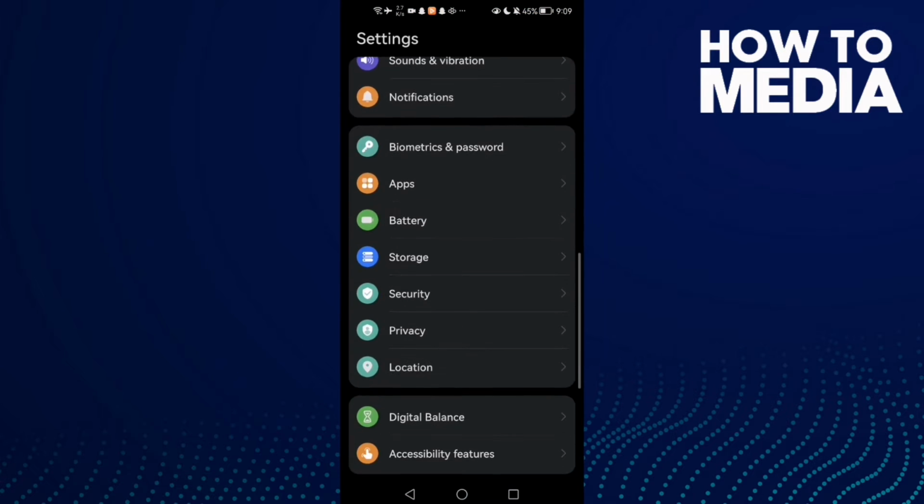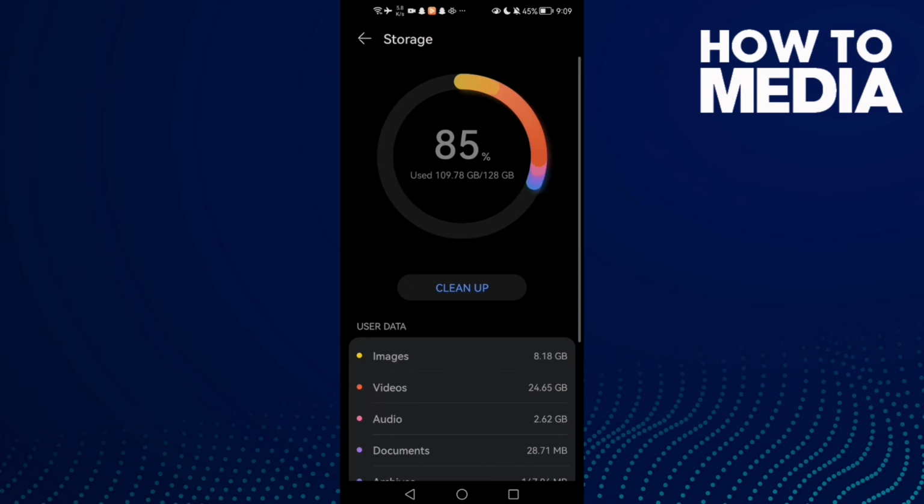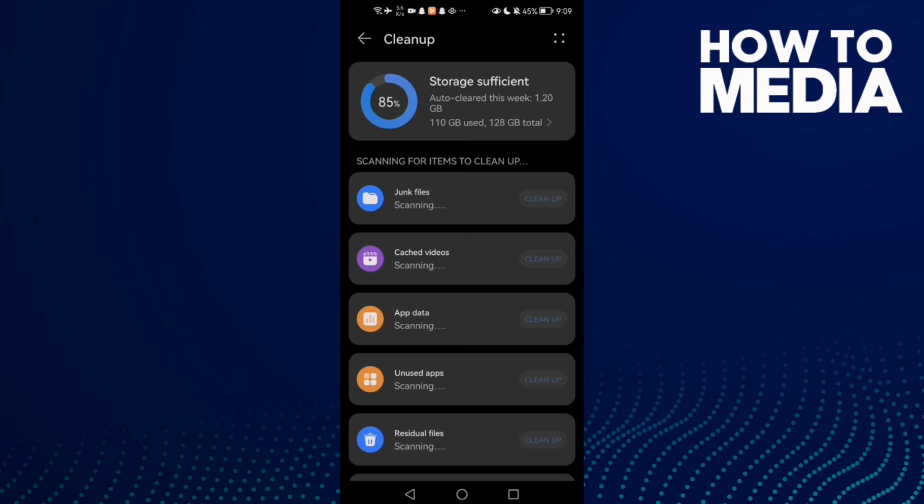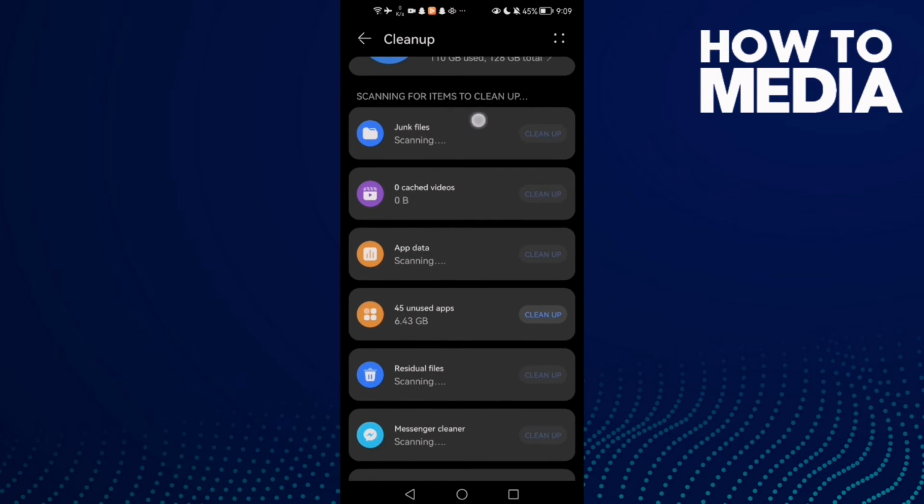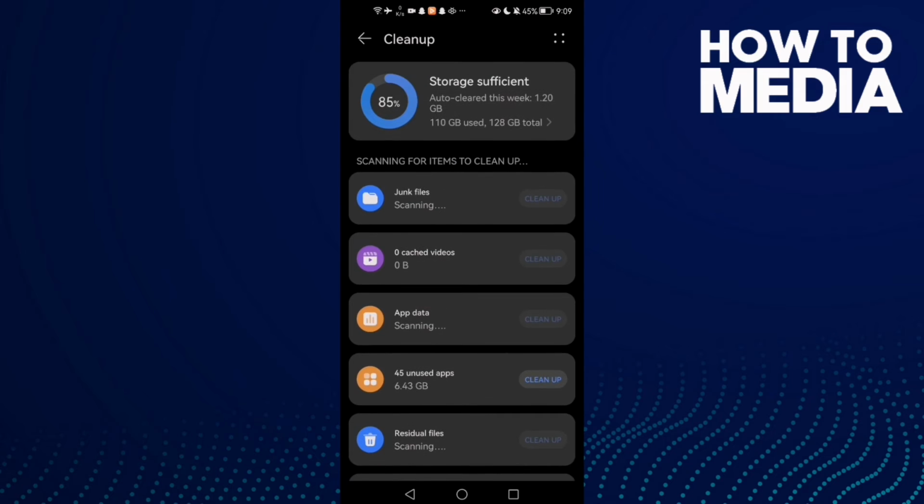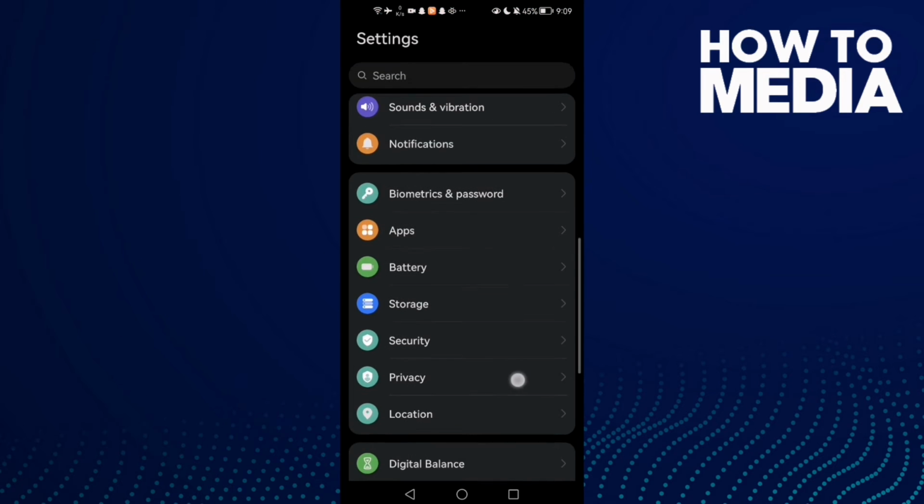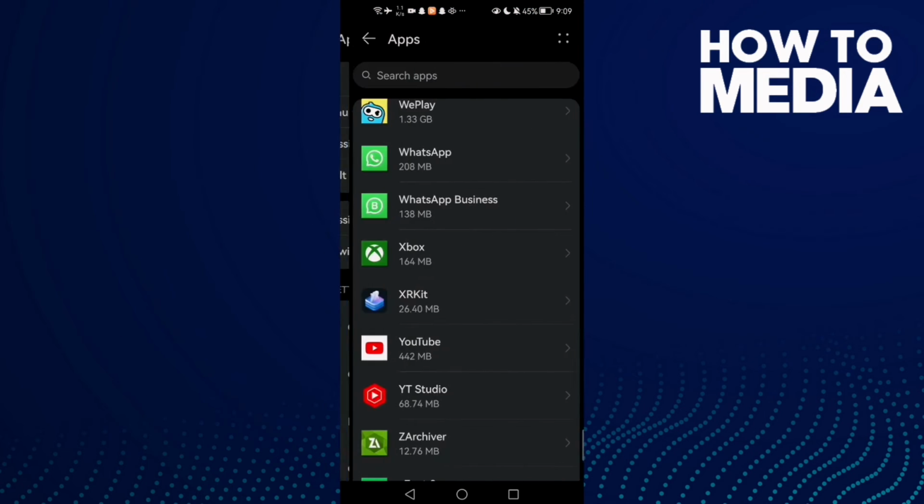Scroll down until you find storage. First you need to go to this one here, storage, and now click clean up and then clean some space here. You can just clean this one, junk files or cache,